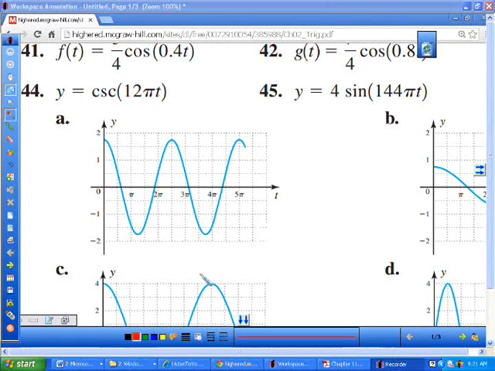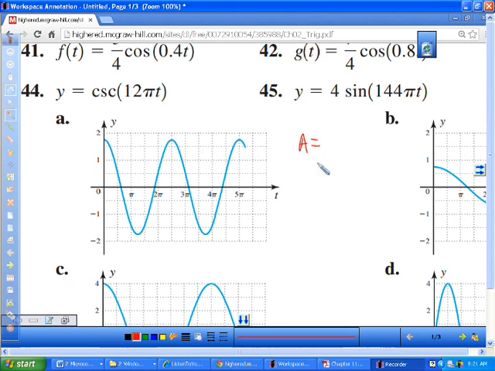Okay, for this kind of problem here, I'm going to ask you different questions like, what is the amplitude? What is the number of cycles? What is the starting point? Okay, I could ask you anything. What is the displacement? So if I ask you any of those, usually you're going to have to define